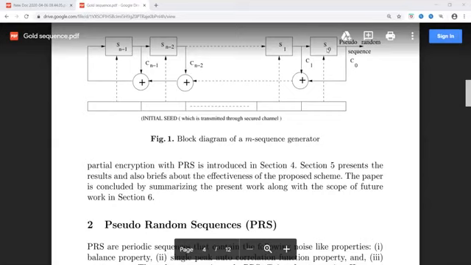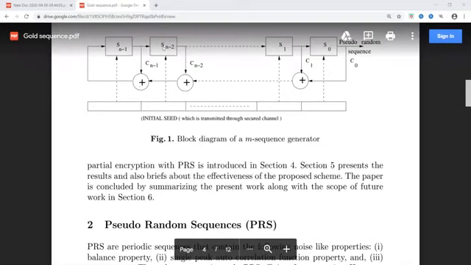The outputs of the shift registers, you can see here S0, S1, Sn-2, Sn-1, etc., are multiplied with the coefficients, you can see here Cn-1, Cn-2 and so on, C1, C0. These are the coefficients of a primitive polynomial with respect to mod 2 operation.